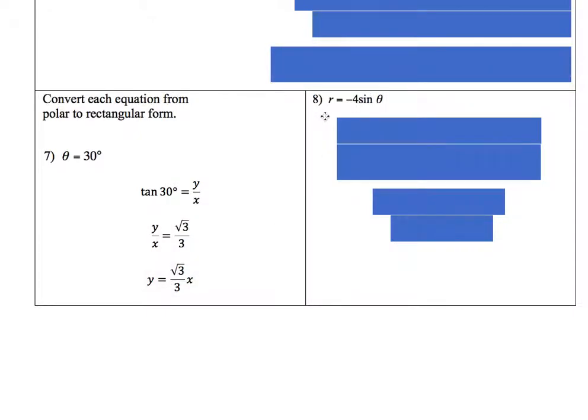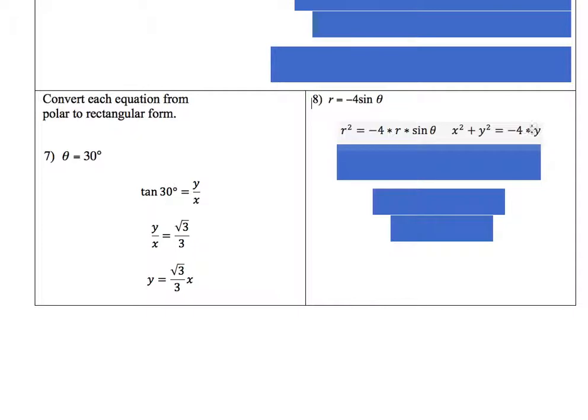With example number 8, the biggest thing is we've got to be able to get an x and a y value, and we've got to be able to get rid of our sine theta. So if I multiply both sides of my equation by r, then r times r is r squared, and all of this is equal to negative 4 times r times sine theta. Hopefully you remember that r squared is equal to x squared plus y squared because of a squared plus b squared equals c squared. And then r times sine theta is just equal to our y